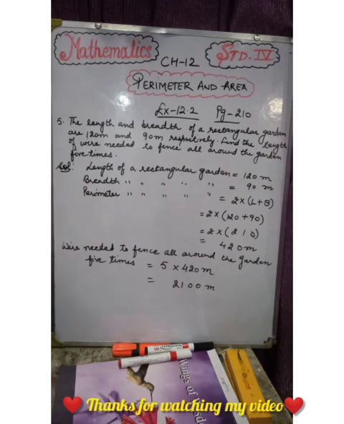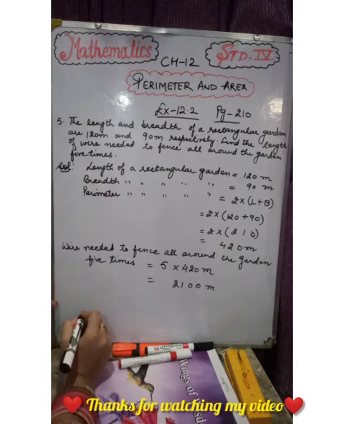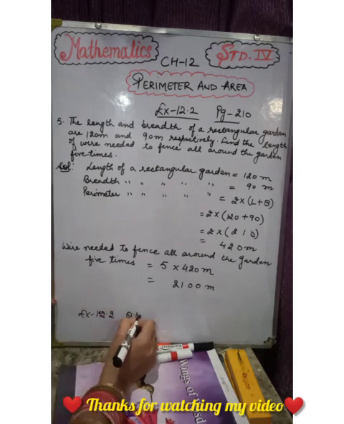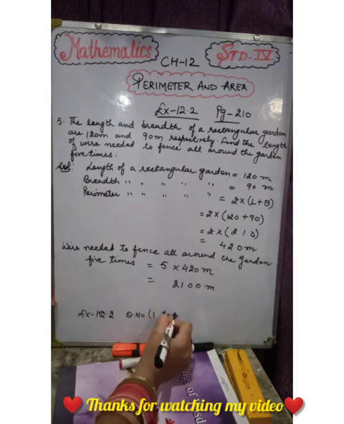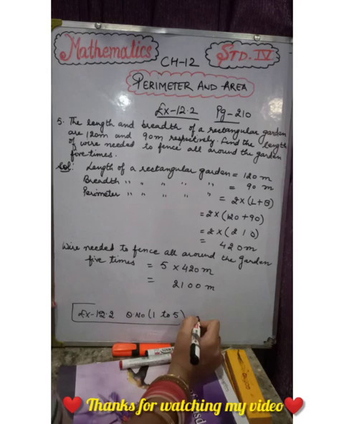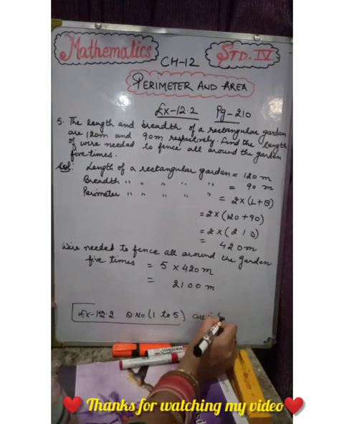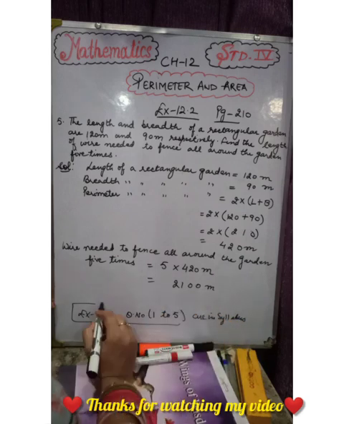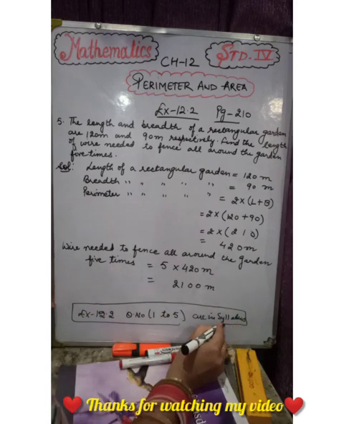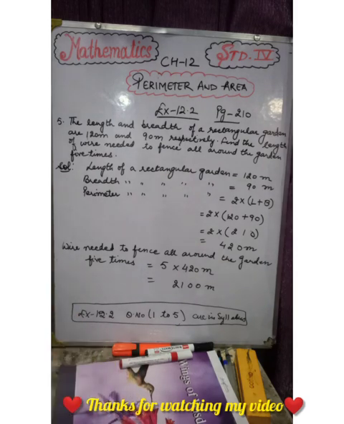Understood? So this is all about your exercise 12.2, because in exercise 12.2 question number 1 to 5 are in syllabus. I have already given you syllabus. Check from there. Do this exercise in your copy, and the parts which we have not done in the class, you will do all these parts in the revision copy. Understand? So till now do this and revise it. We will meet in our next lecture.